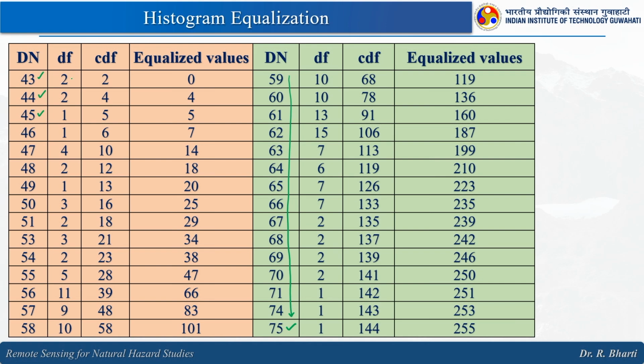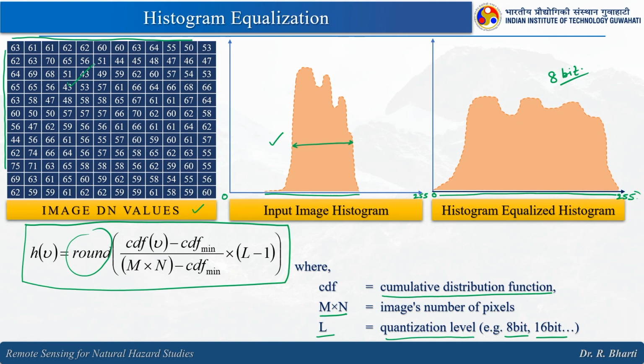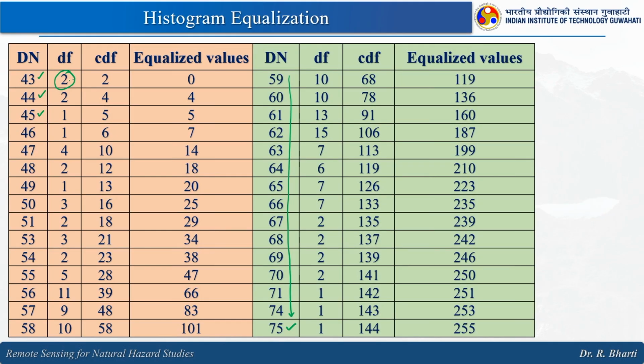now, what we will do? We will go with DF, distribution function. 43 has occurred 2 times in this particular table or matrix, right. So, here you have 2 times, then 44 has occurred 2 times. Similarly, we will count it and then we will prepare this DF, right. Then, in the next column, which is CDF, cumulative distribution function,